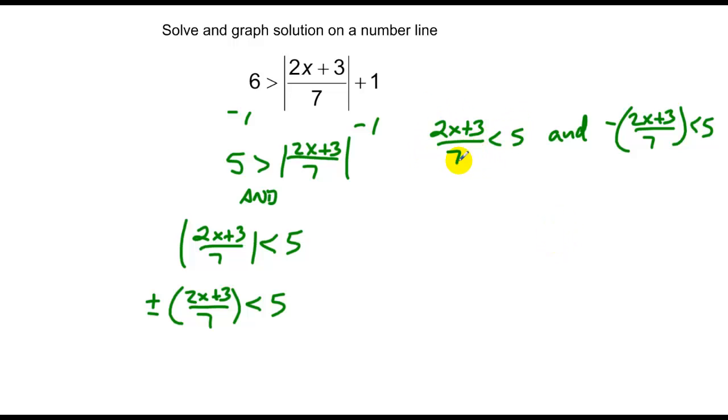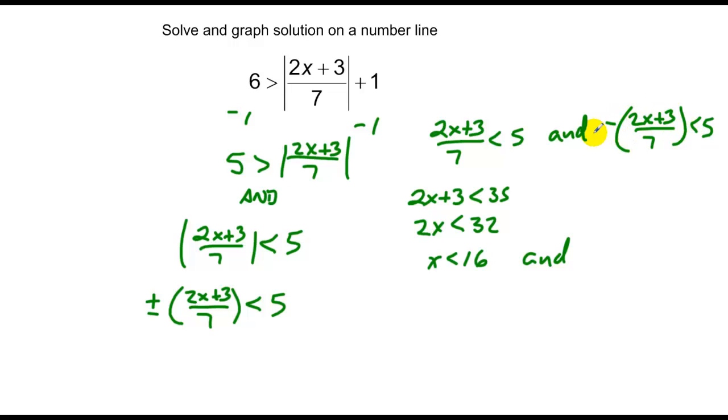So in this case, I'm going to solve by multiplying by 7 to both sides. In doing so, I get 2x plus 3 is less than 35. Subtract 3 to both sides, I get 32. And 2x, divide by 2, so x is less than 16. And